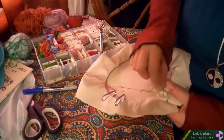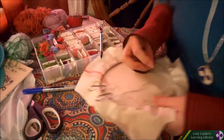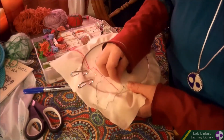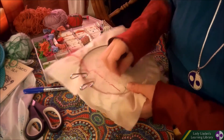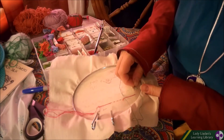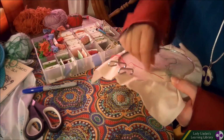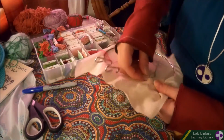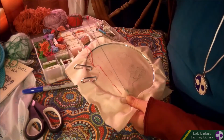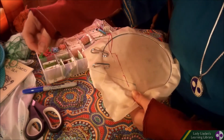Now over here we're going to do one called the Lazy Daisy stitch. Now the Lazy Daisy is, you've got a loop just like that. So what I'm going to do is come back just like this, come up to the top of the loop just like that. Make sure that, put that around it just like that. Okay, and then,